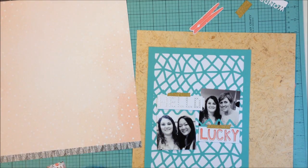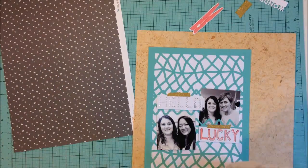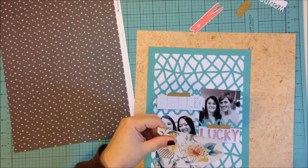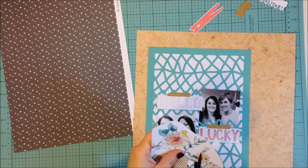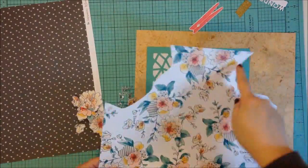And then I used some of that gold washi tape, the glitter tape, and I ripped it in half. And I taped those, still trying to mimic a little cork board or something where you would pin up your memorabilia. I really liked the way that those looked, just tucked on there. So I'm going to do some fussy cutting of these flowers from that Amy Tan paper,